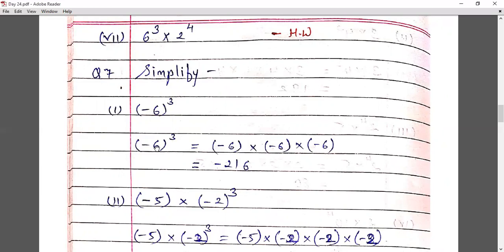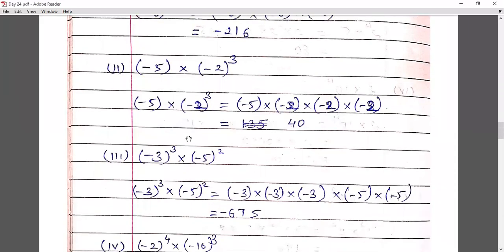Here you can see minus 6 has a power 3. 3 is odd. So your answer will have a negative sign. Minus 6 raised to 3, that means minus 6 into minus 6 into minus 6. Simply multiply 36 into 6 is 216. And you remember the trick, you can write negative signs in different ways, or you can do it minus minus plus, plus minus minus.